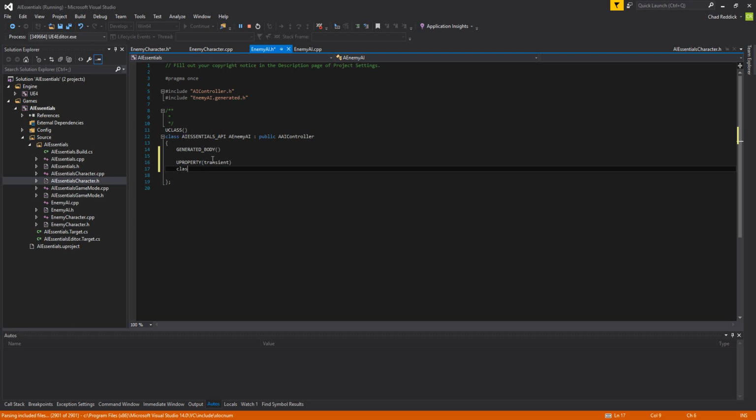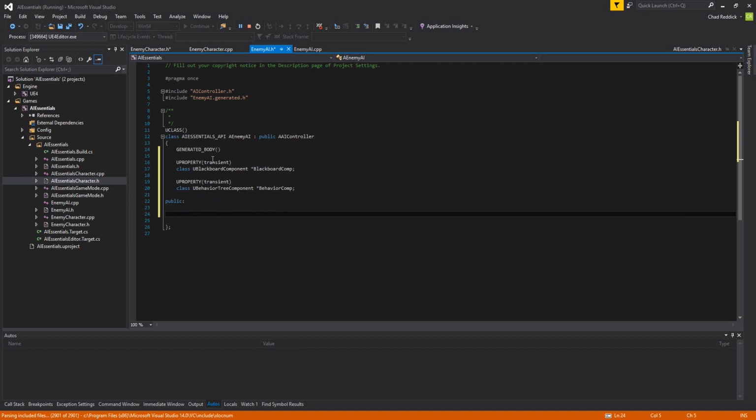So we're going to say class U Blackboard component, and I'm going to call it Blackboard comp. And another U property, transient. And this will be the behavior tree comp. Behavior comp. Call it that. Add our public members. And we're going to have a constructor, an enemy AI. We're going to have our possess function. We're going to override it. Virtual void possess